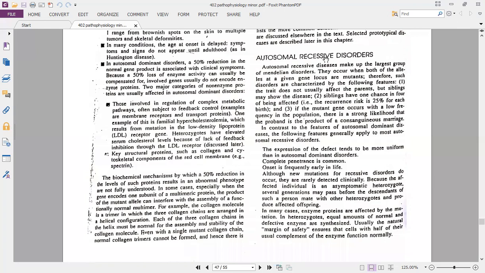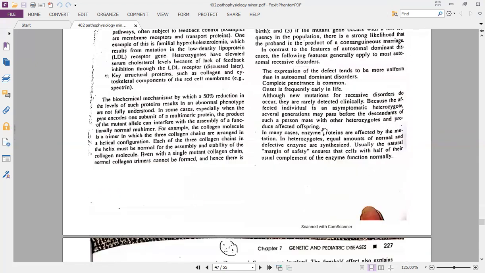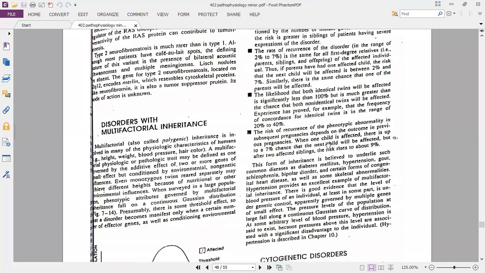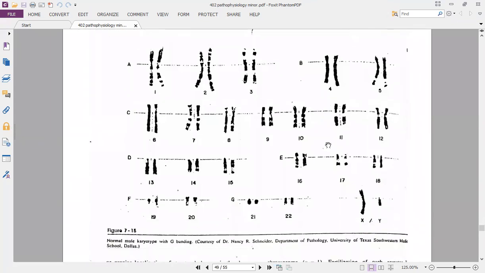You can just perform this cross in a Punnett square with simple Mendelian genetics and come up with the outcome as well: people who are carriers of the same recessive trait, who themselves do not have the disorder, because for the recessive trait to show itself as a disorder, both recessive alleles must be there together. So if a person is HbA HbS and the other is HbA HbS as well, both are carriers, there is 1 in 4 chance that the offspring will be HbS HbS. So in autosomal recessive disorder, both alleles need to be there for the disorder to be present. This is a karyotype.